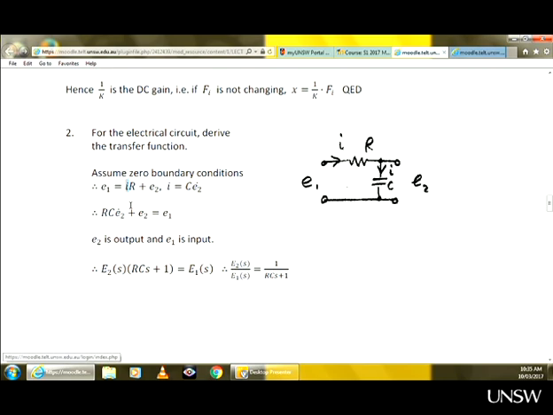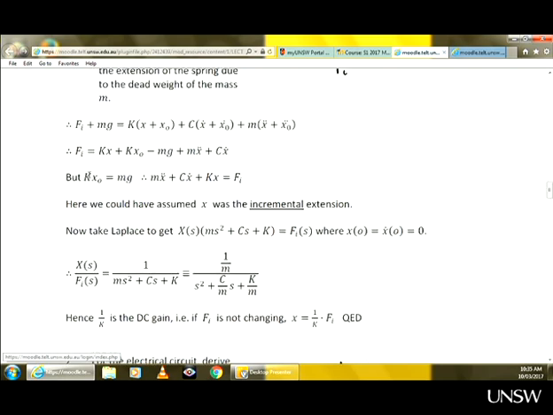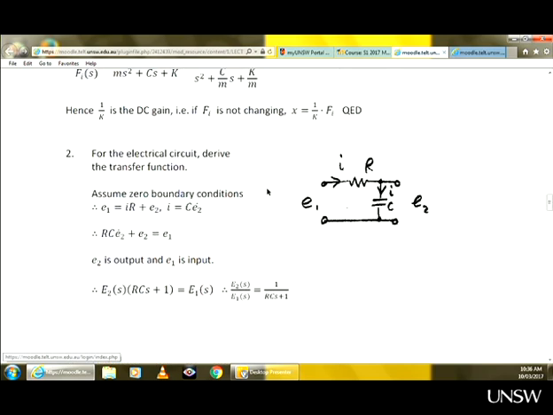One equation with two variables. Remember, you're not solving simultaneous equations. You are creating a mathematical model. So over here, this is one differential equation with two variables, input and output. The derivatives count as the variable itself, x and f. So that's what we want here. We want E1 and E2. So eliminating I,